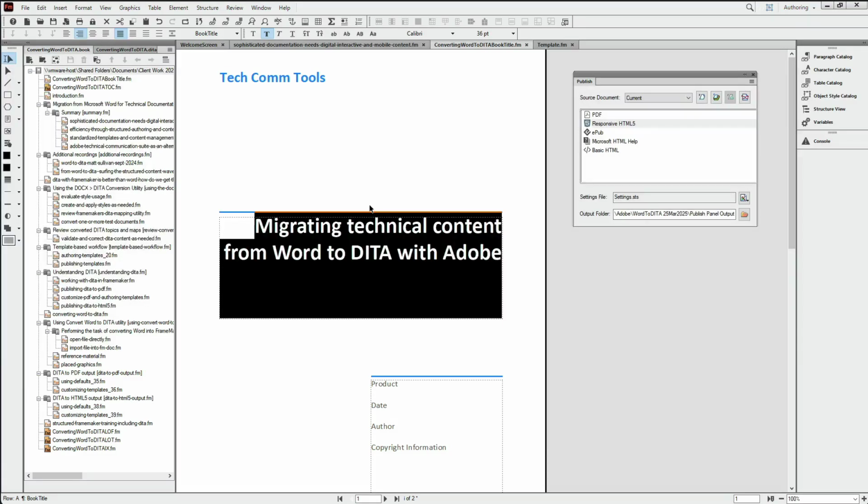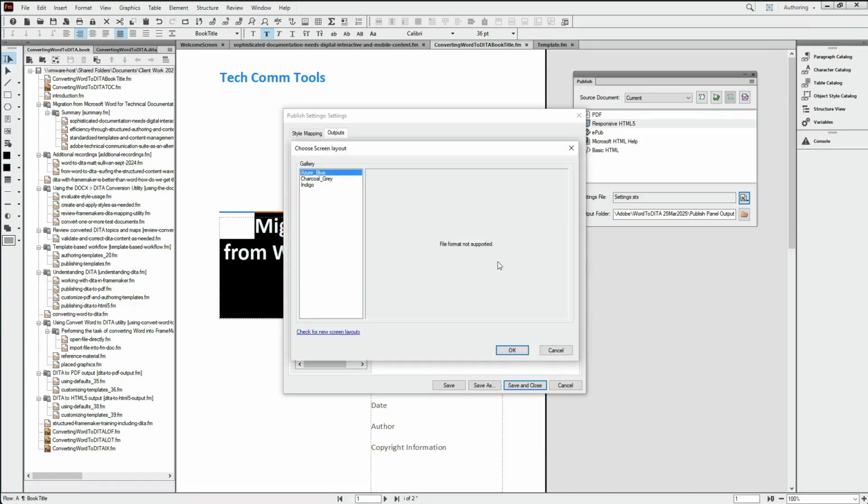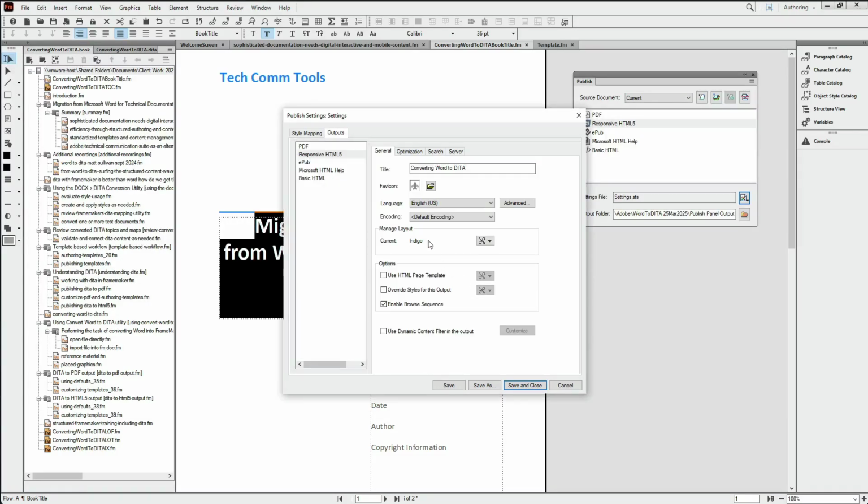They are, however, what we would call tri-pane help. To make your content the most usable, and to be the most current with what is done in this industry, you might want to go with a frameless layout. So if I come back over, choose to edit, and then within my responsive HTML5, manage my layouts, create a new layout, I've got a frameless layout called Indigo. Selecting that Indigo layout